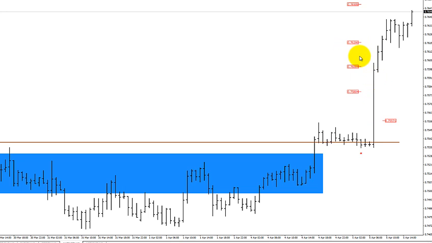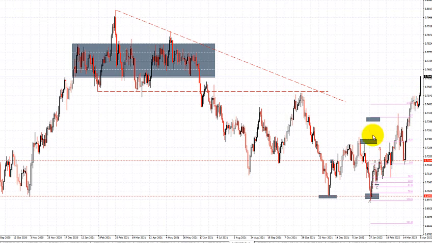The next level is the double zero. The next level is the 20, and then again the 50. Now let me go to a larger time frame. This is my daily time frame